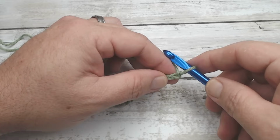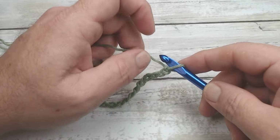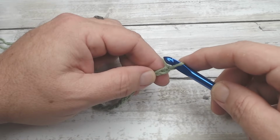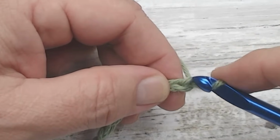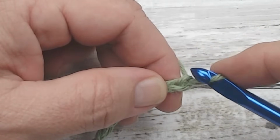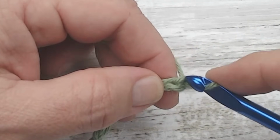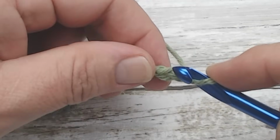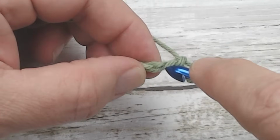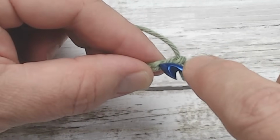So with Tunisian crochet, we need to pull up our foundation row, and the way we do the foundation row is in our back bumps. You'll go from the second chain from your hook. The loop on your hook does not count, but the chain that the loop is coming out of is 1, and there's chain 2. You'll flip it over, and you have all these back bumps all the way down the chain. You will take your hook,